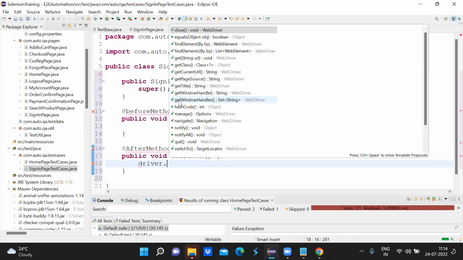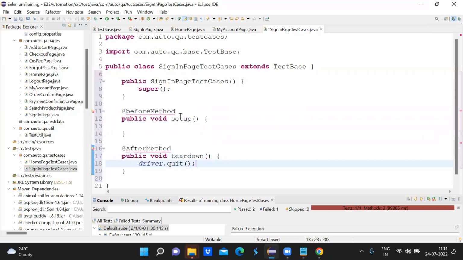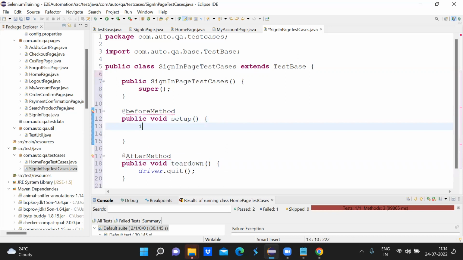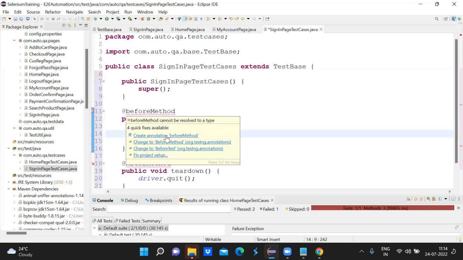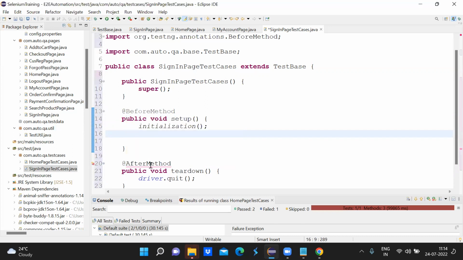So driver dot quit, and in before method I have to call the initialization method, and this I will import from TestNG. This also I will import from TestNG, and then I have to create